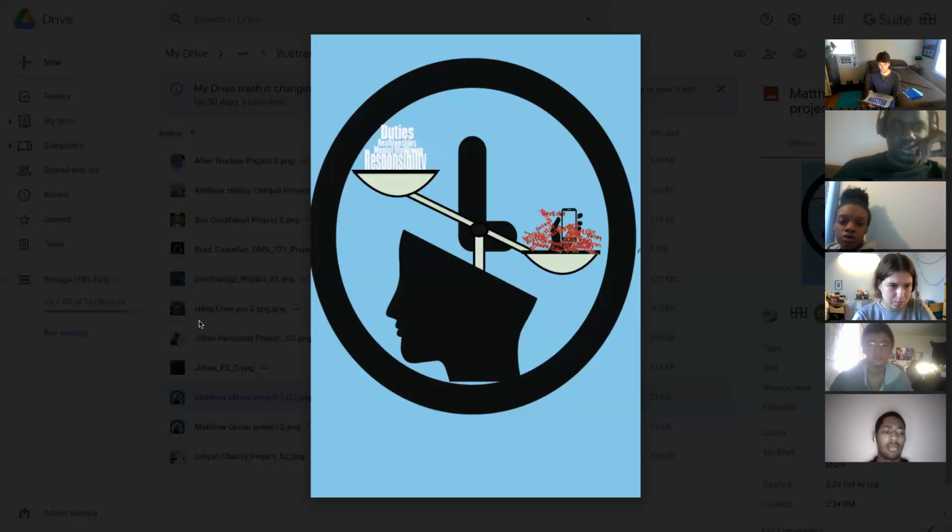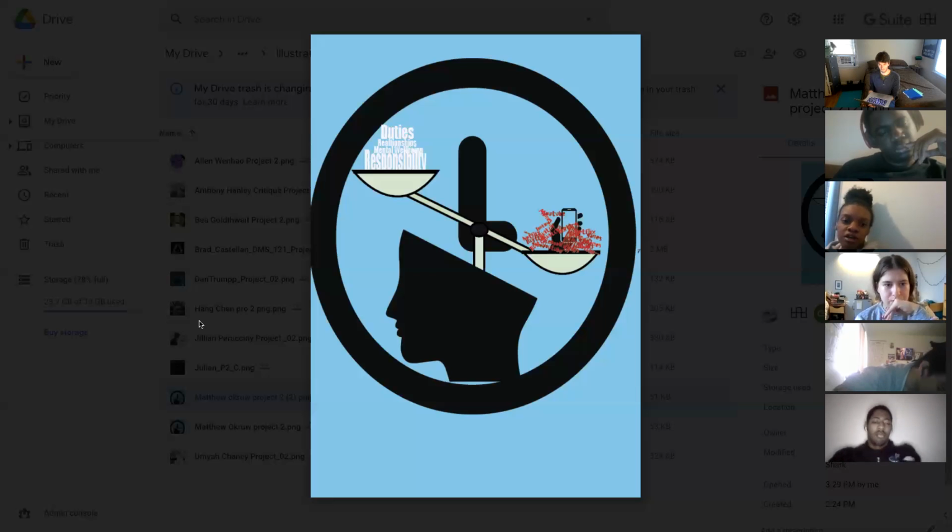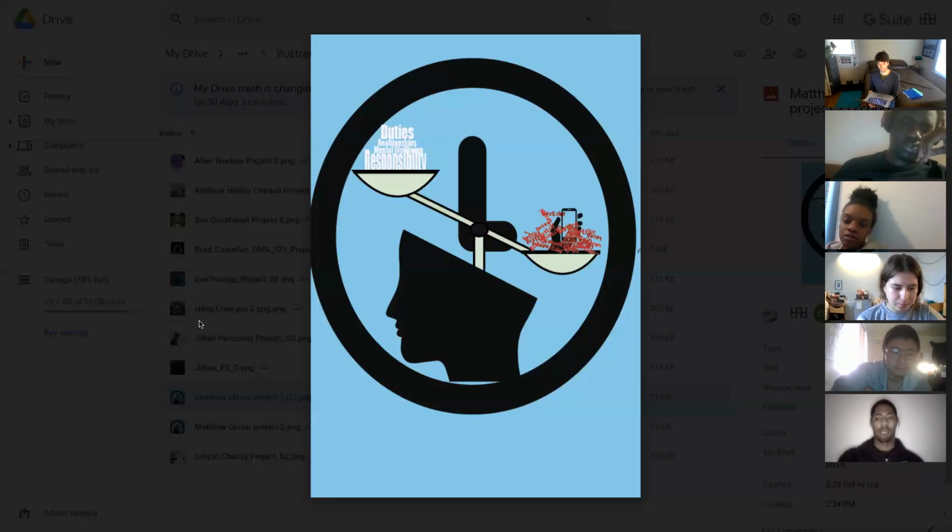And another thing you could incorporate is maybe more text to show the lines around the clock. On one side of the clock, you could have different duties and responsibilities on the left-hand side coming out as the lines that are usually on a clock, and then on the other half of the clock, you can incorporate text to mimic lines for all the leisure activities you want to put down. But other than that,